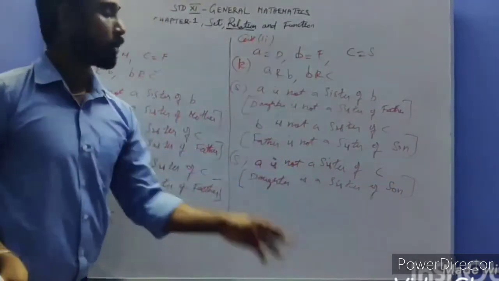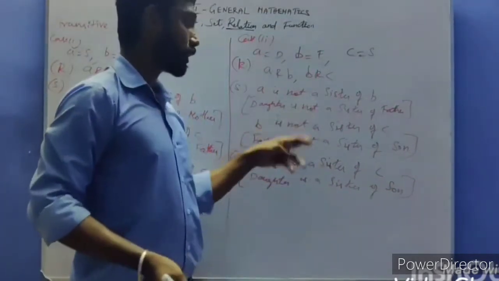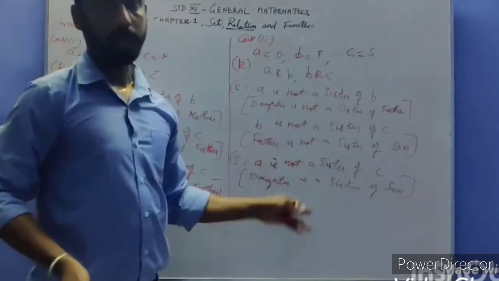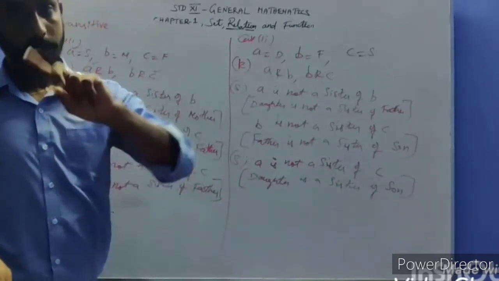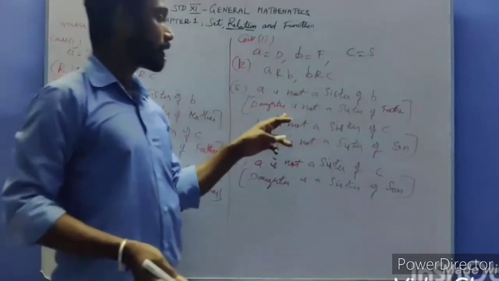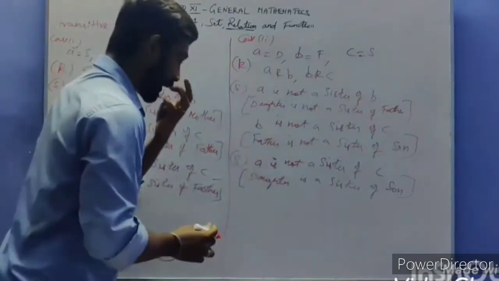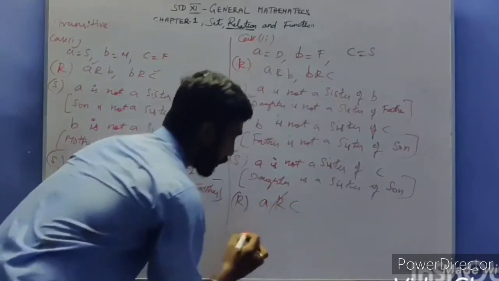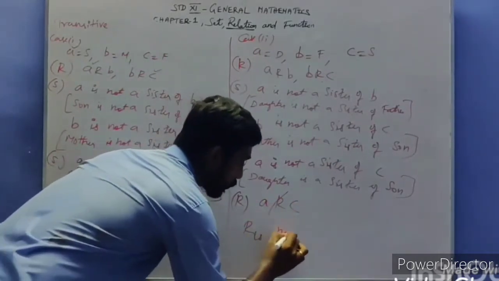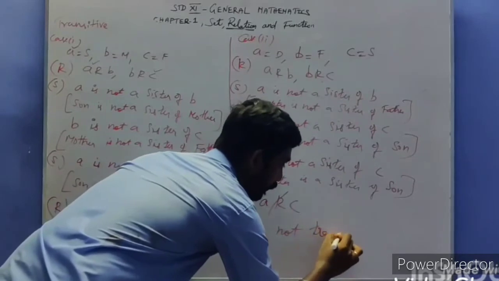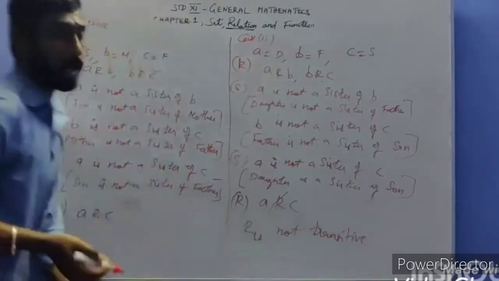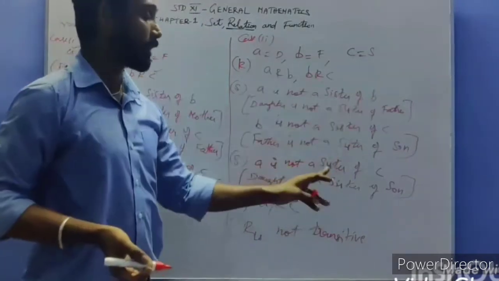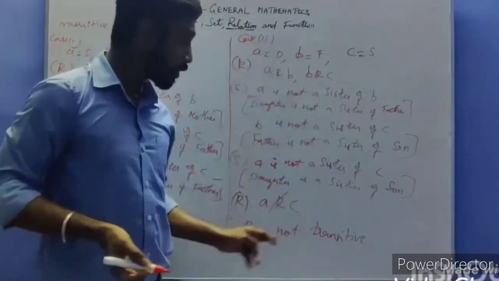It is possible. One condition will be possible, but two conditions will not be. I already told you, 3 conditions are there, 3 statements are there. One statement will be different. It is not a relation. If you are writing here, A not related to C, R is not transitive. Now clearly understand: if one statement is not equal, if one statement is different, then